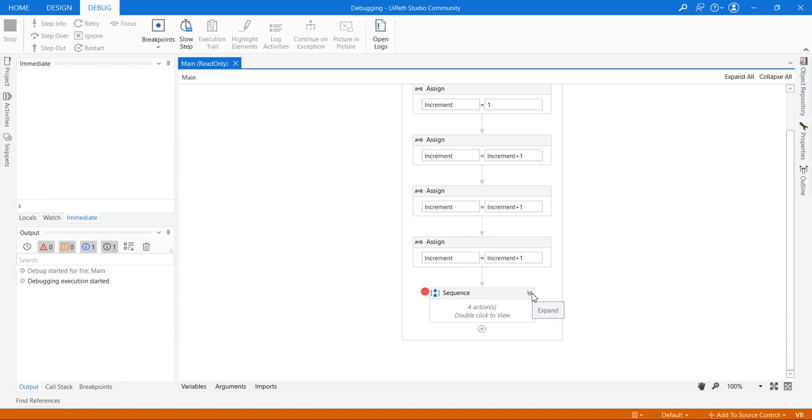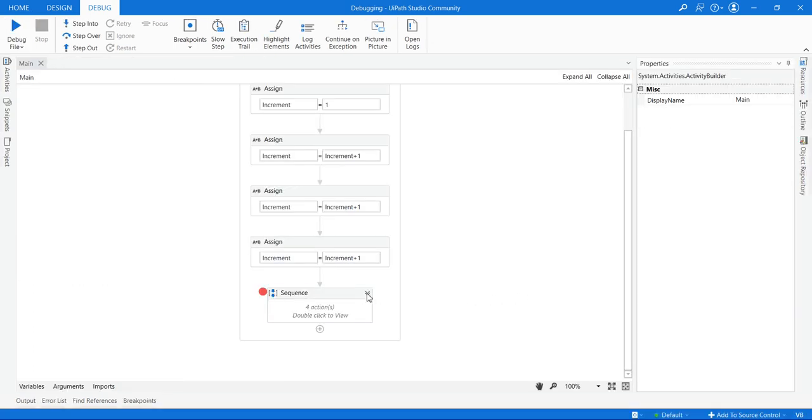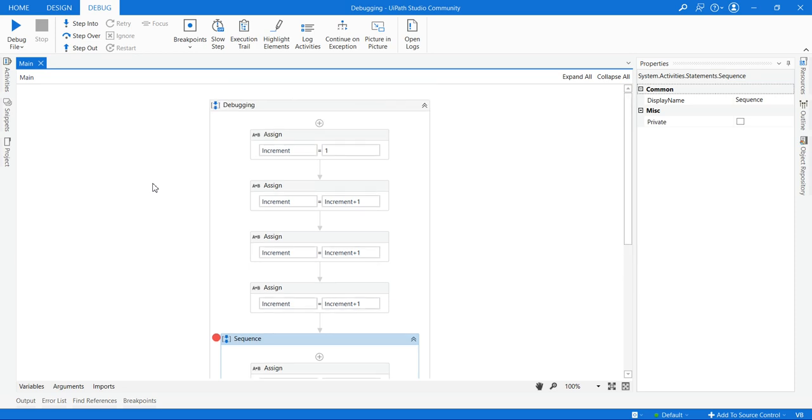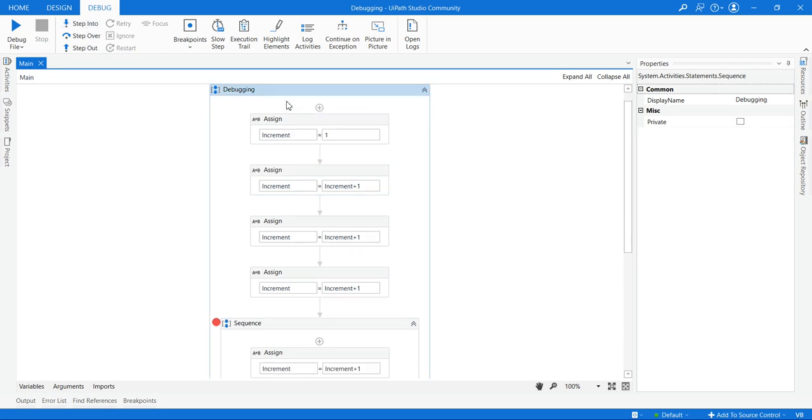I will explain now the step into. Step into will help you identify each and every activity's details, and it will proceed according to the conditions which you have given in the flow. It will go one by one in a linear way. I'm clicking on step into, and it also highlights the main container, the main sequence, which has all activities inside it.